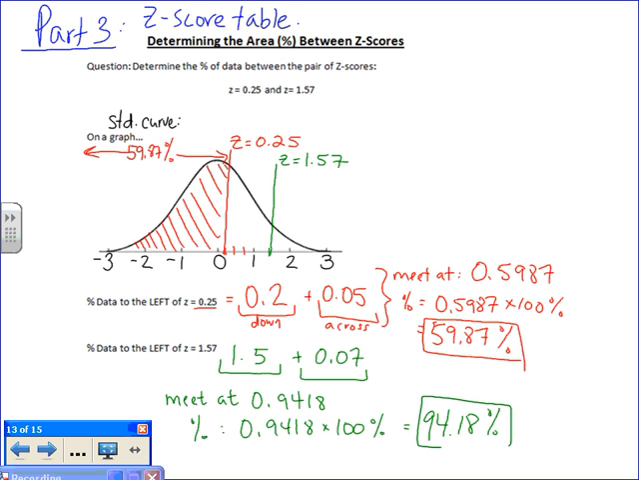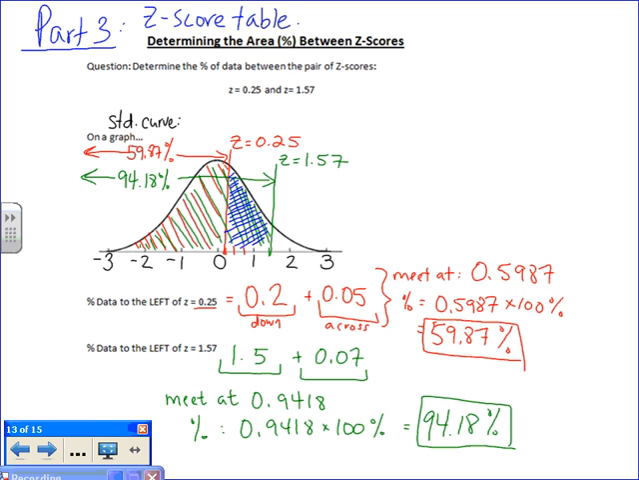Great. So that tells me that 94.18% of the data lies to the left of my z-score 1.57. In other words, all of this data to the left of it represents, so from here to the end of my curve is 94.18%. All right, what I'm really looking for then right now is this area that I'm shading in blue between